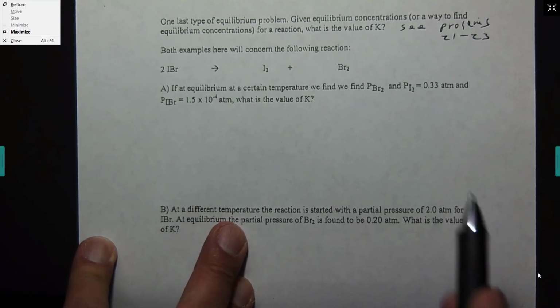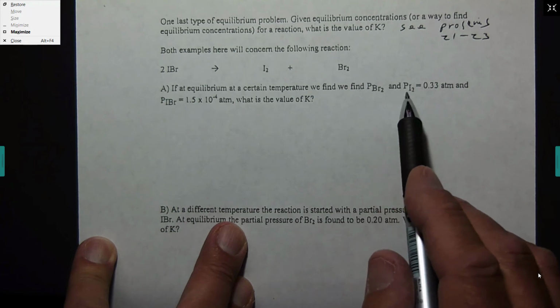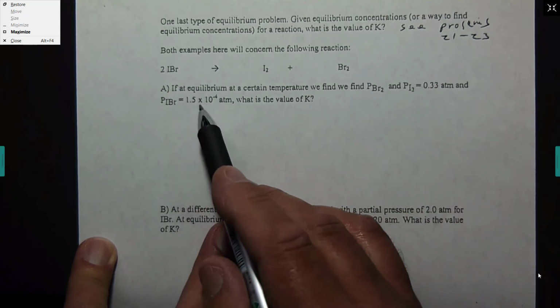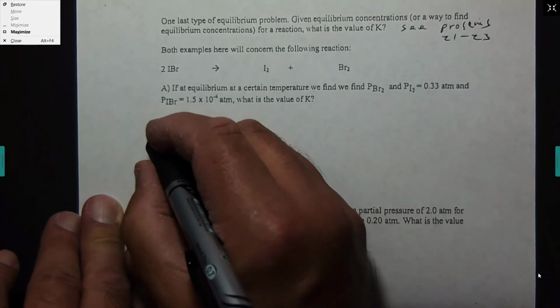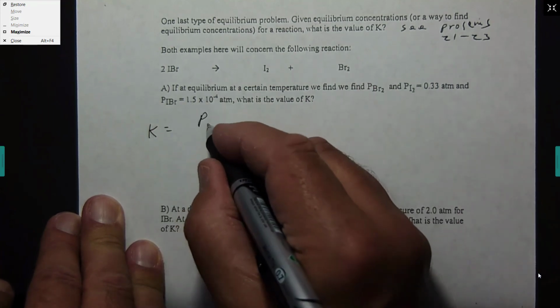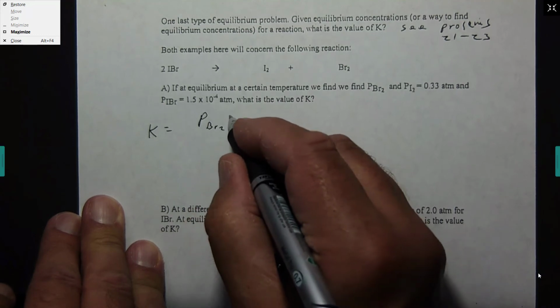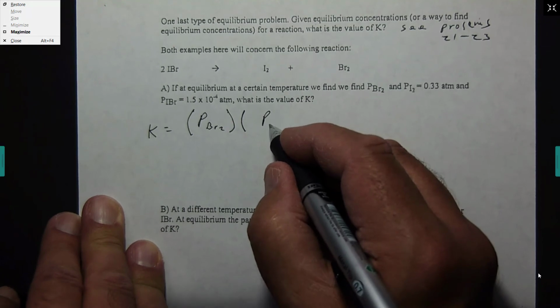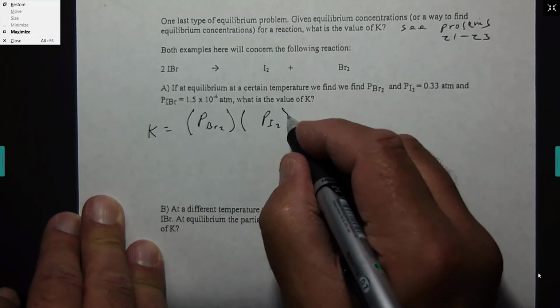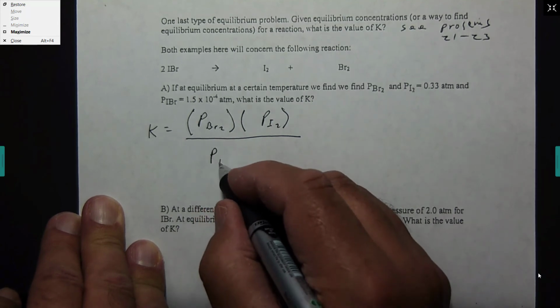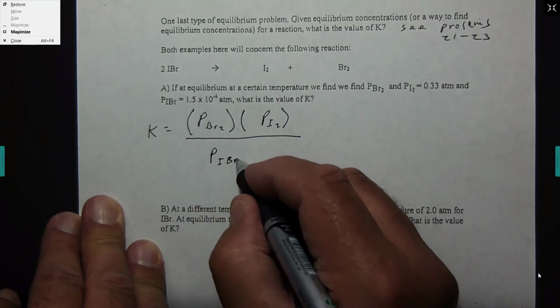After it hits equilibrium, you get the partial pressure of the bromine, the partial pressure of the iodine are each equal to 0.33. The partial pressure of the IBr is this. What's the value? Oh, geez, this is so easy. K is going to be the partial pressure of the Br2 times the partial pressure of the I2 all over the partial pressure of the IBr